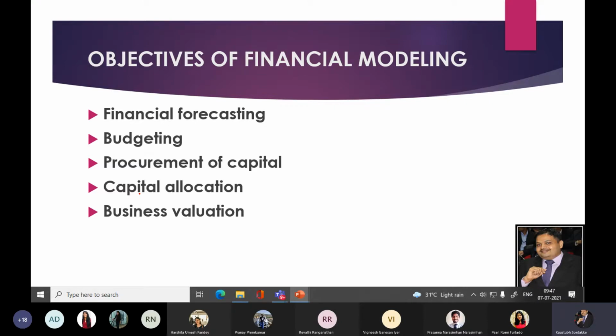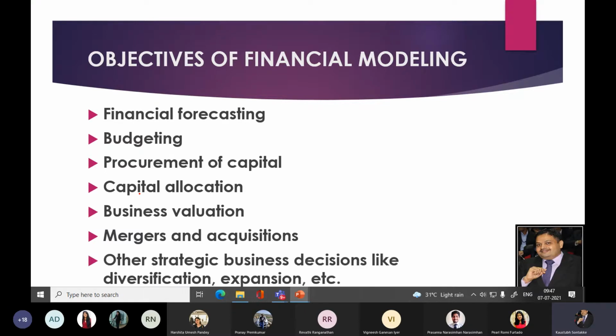So how the value of the business is decided, we can see in financial modeling in the cases that we are going to learn. Mergers and acquisitions, which I just told you is a part of this. So basically business valuation is decided for mergers and acquisitions primarily, and other strategic business decisions like diversification, expansion,